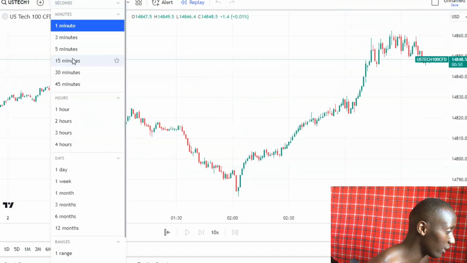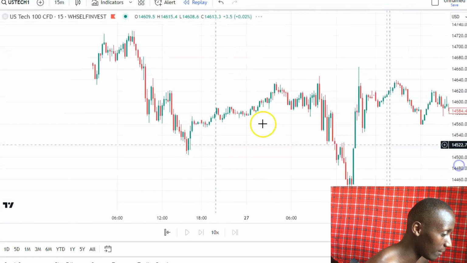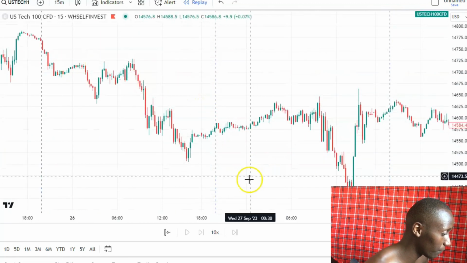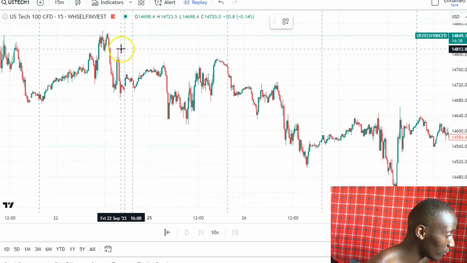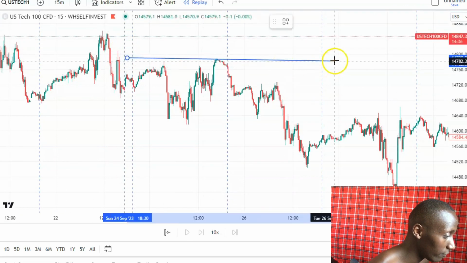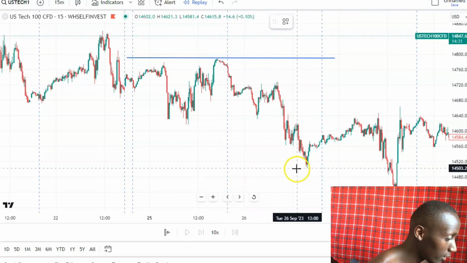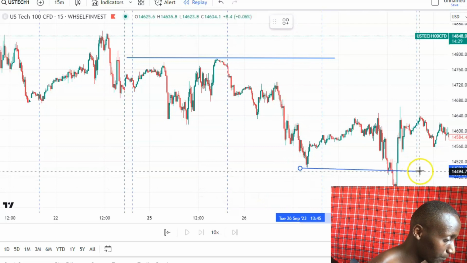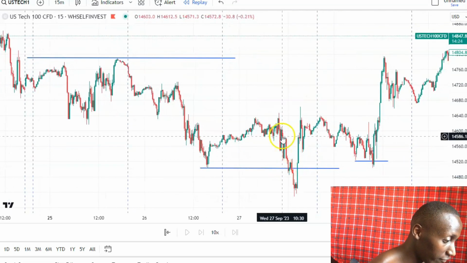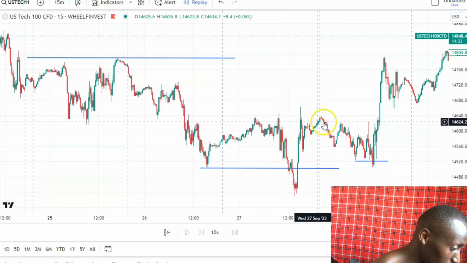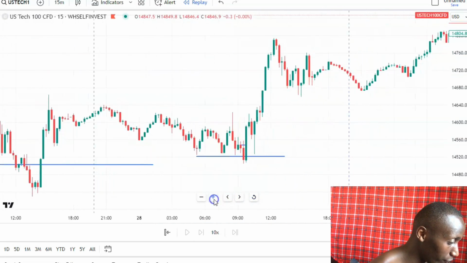Lastly, let's look at Nasdaq, and the same thing happened. We have Monday and Tuesday setting the high and the low. So we have the high there and the low here on Tuesday. On Wednesday, clearly you can see we have a failed breakout. Price breaks out, closes back in, meaning on Thursday we are looking for